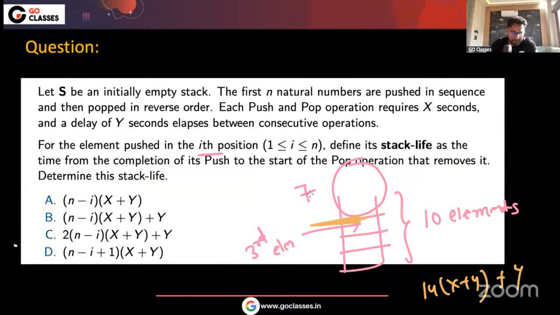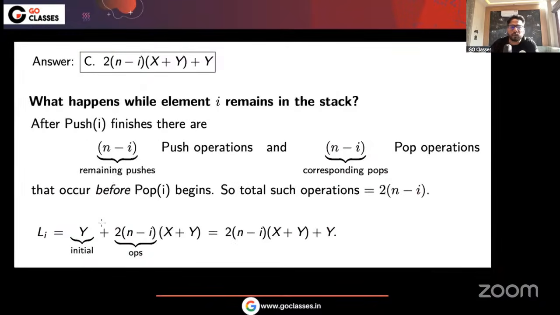So C is the answer. Is this okay to everyone? Let me know. Okay. So y is the initial one, and then n minus i elements are above it, and then 2 into (n minus i) operations you have to do, and for each operation x plus y time it is taking. Right? That's very easy.